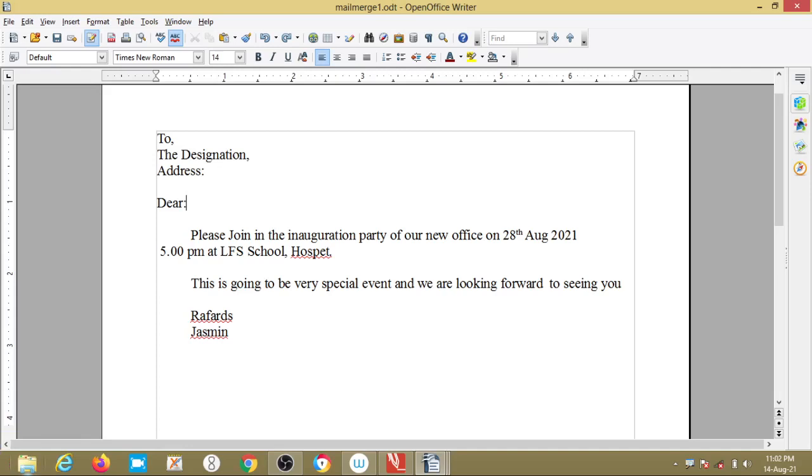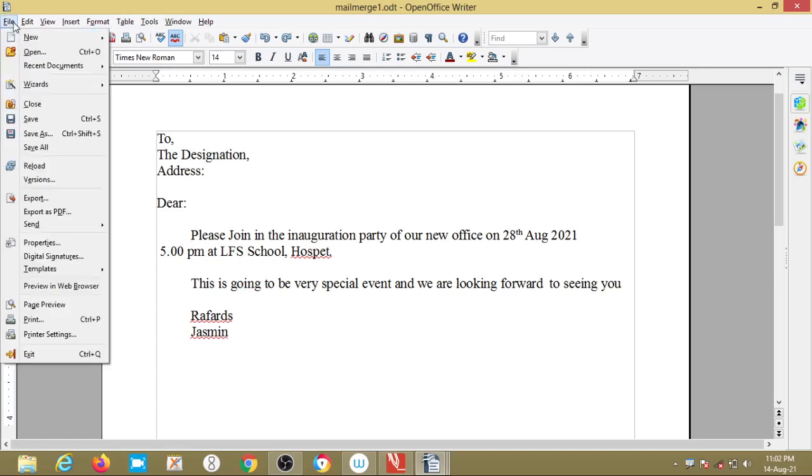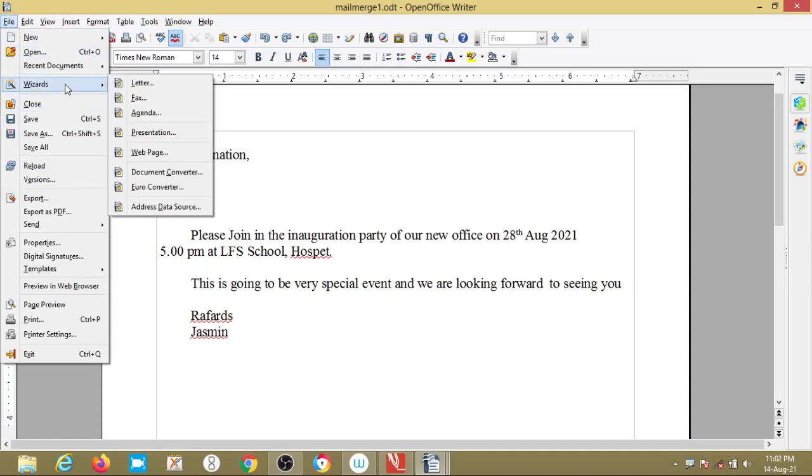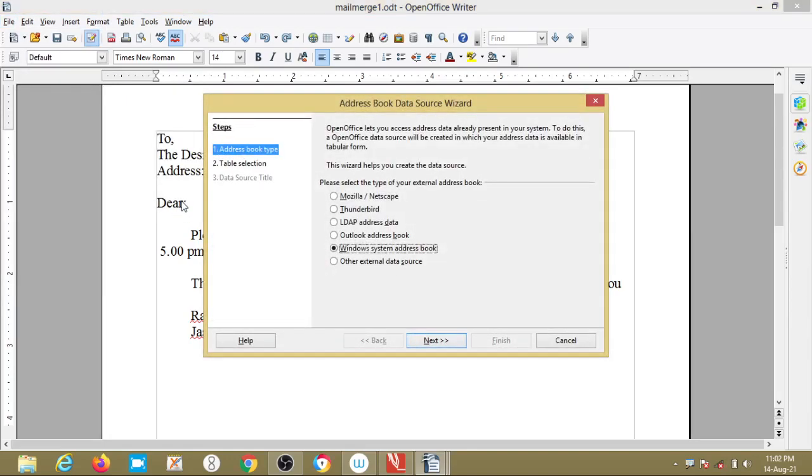For that, we go to the File menu, and in that we go to Wizards. In this we go to Address Data Source. Now a dialog box called Address Book Data Source Wizard will get opened.